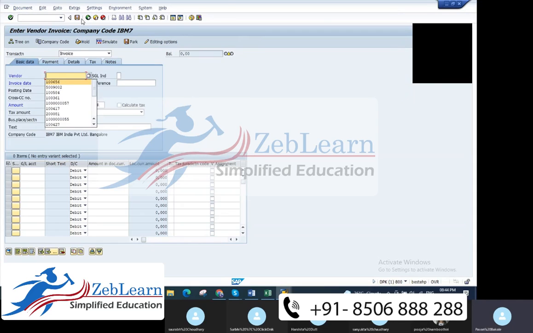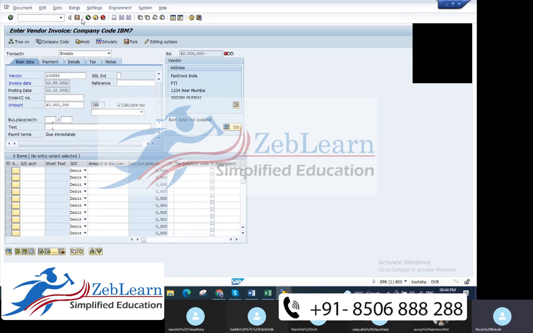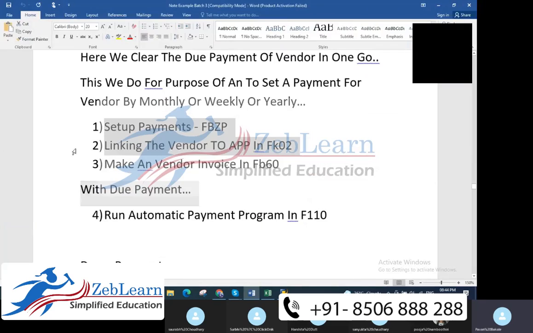I'll post one. I'll post another invoice, backdated. I want it overdue, I'll take 40. So I want to show once again. I'll generate only one shot. But the configuration should be done if you generate that invoice. All the configuration should be done. This configuration, first step. These two should be done. Then you can do these two.